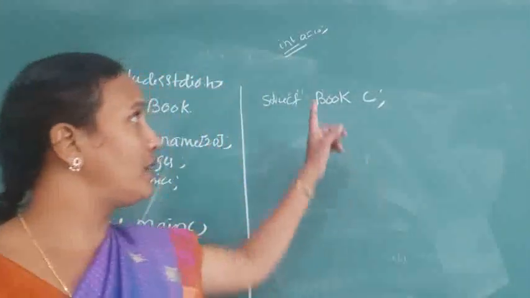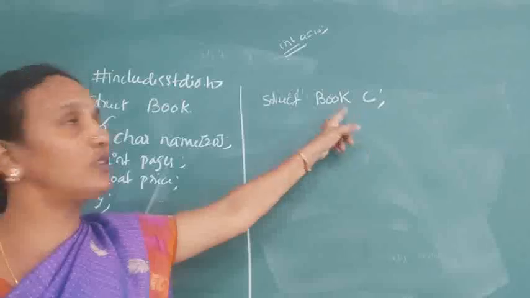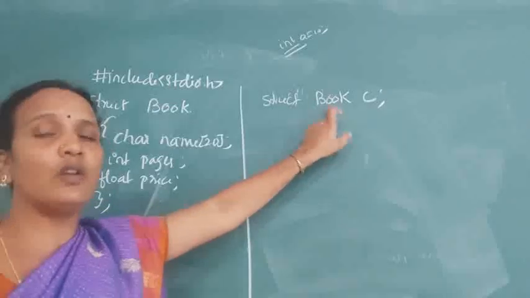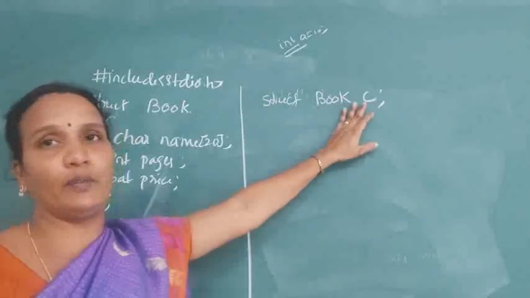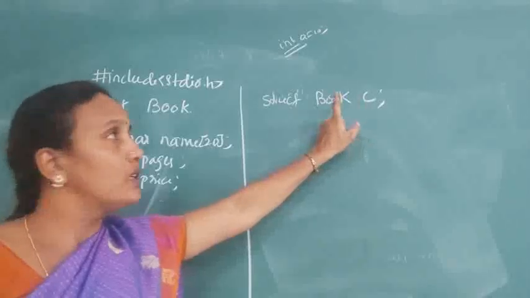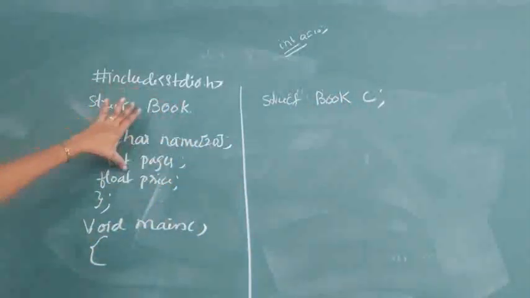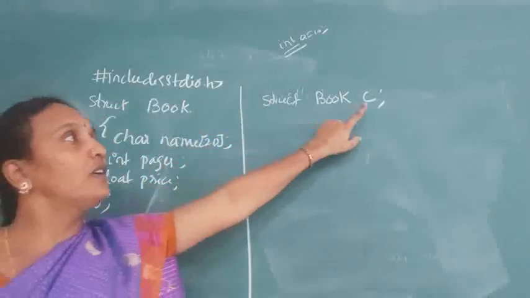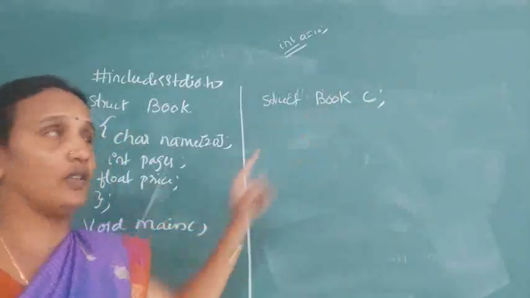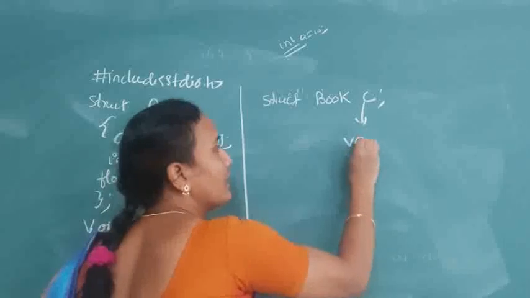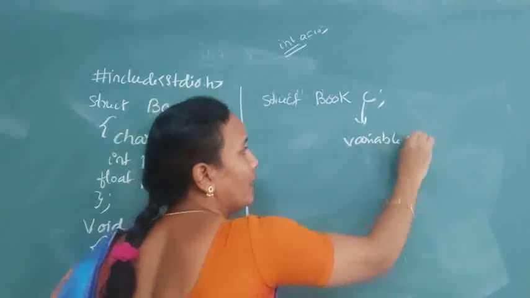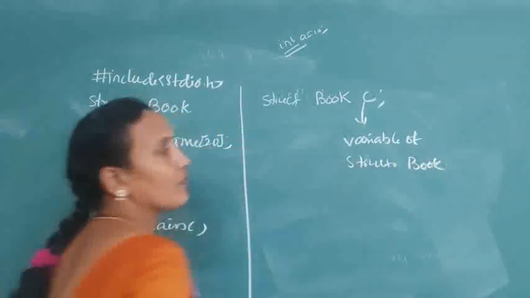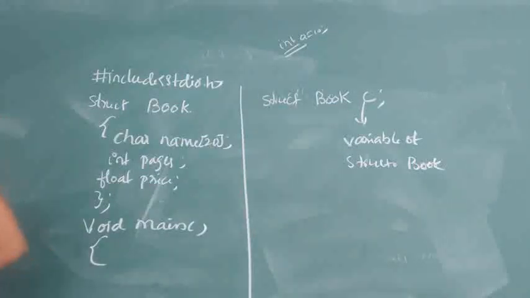And C is a variable following which structure? Book structure. Whatever members are there in the book structure, for all the members, we need to provide information for C. Understood? So this is one method. Okay, first we are creating the structure. Next, inside the main function, we are declaring the variables of the given structure. So here, C is a variable of structure book. Understood? Take a screenshot of this.